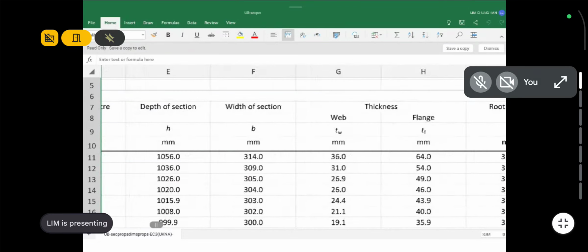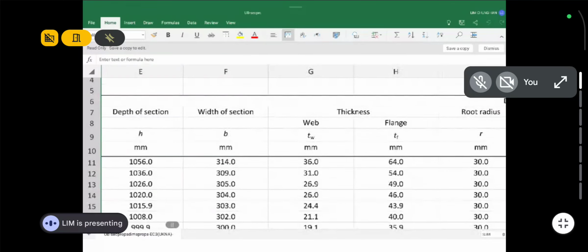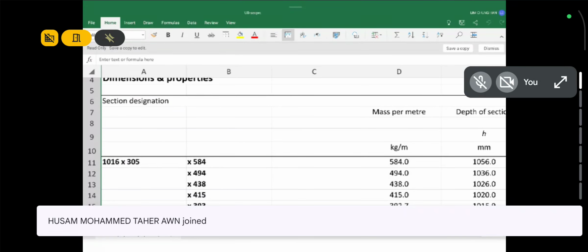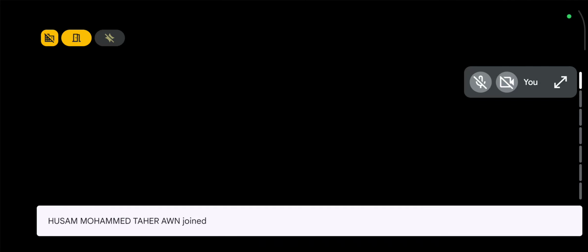And then the thickness of the web is 35 mm. The thickness of the flange is 64 mm. So basically, if I specify this section, 1016 times 305 times 584, basically what it means is